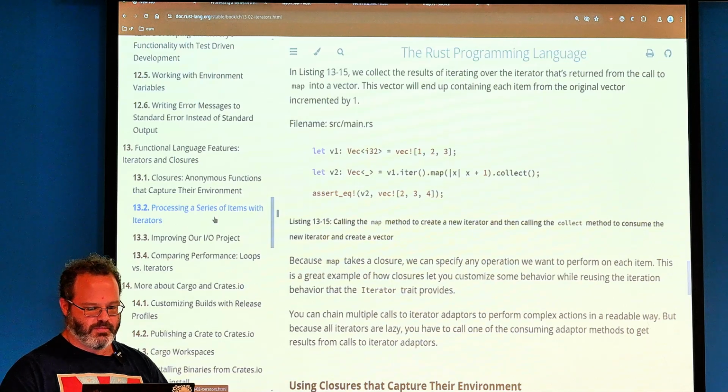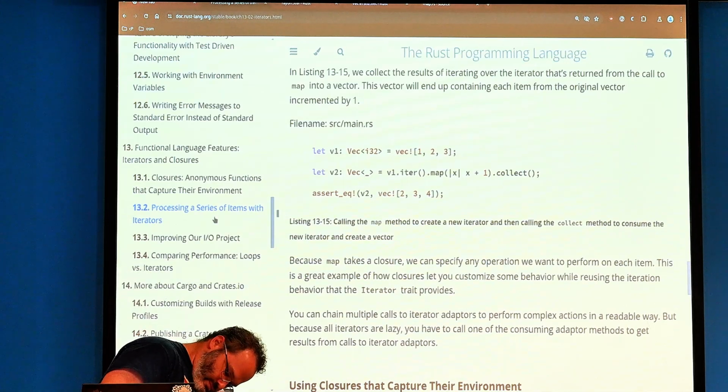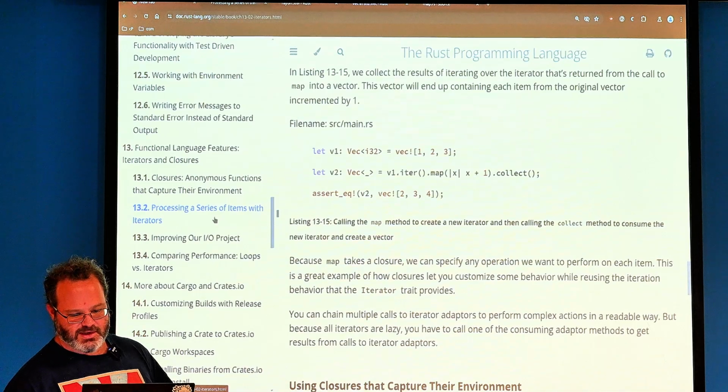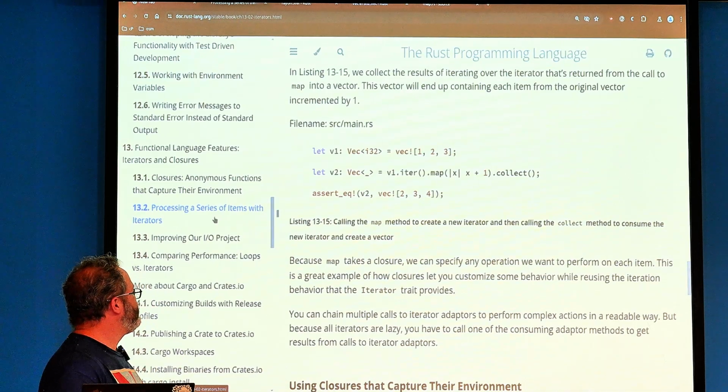All right. It's very easy to get tongue twisted on this stuff. Or it's a factory